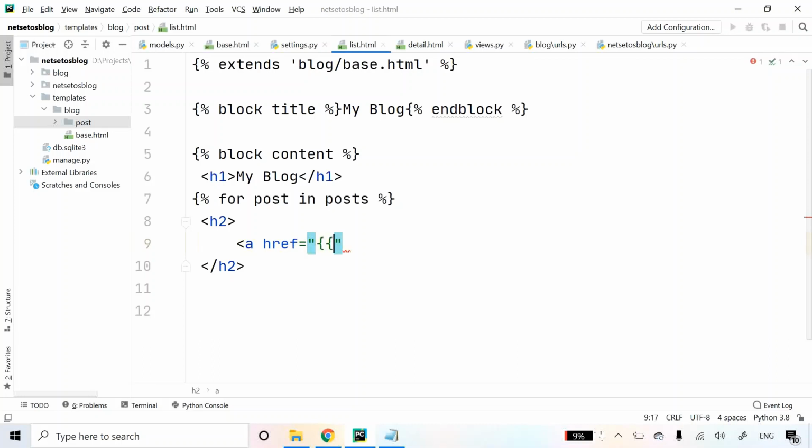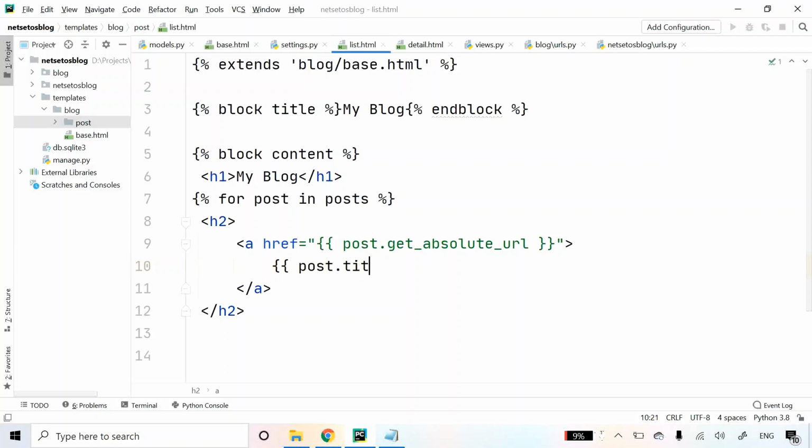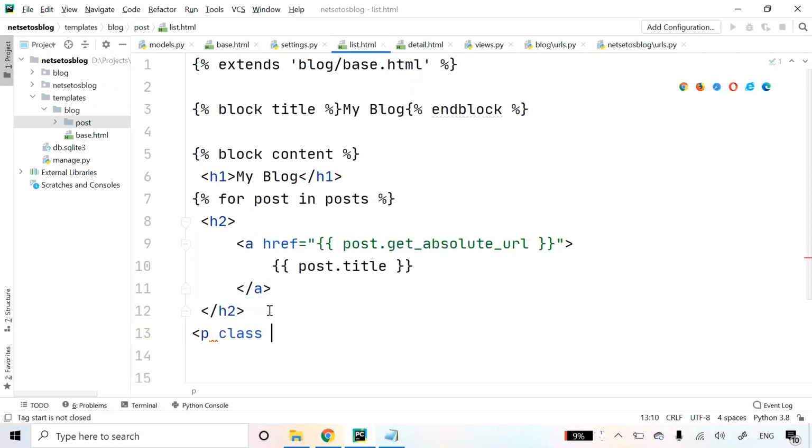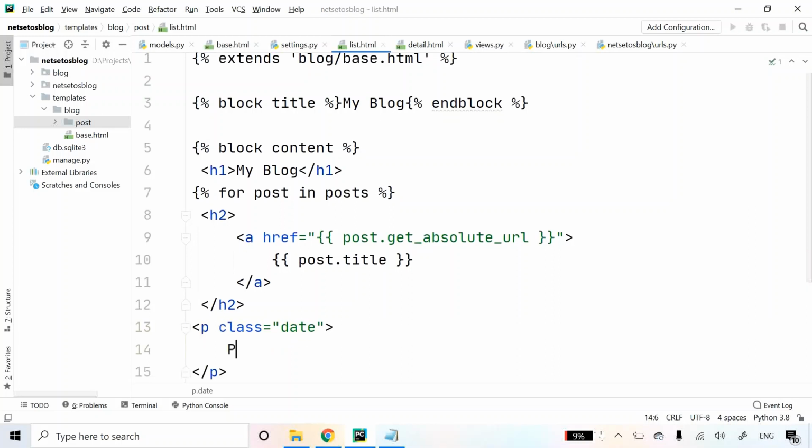Here we will have post by get method absolute URL, and inside this we will have post.title. Then I'll define p tag class equal to date. Inside this I will have published post.publish